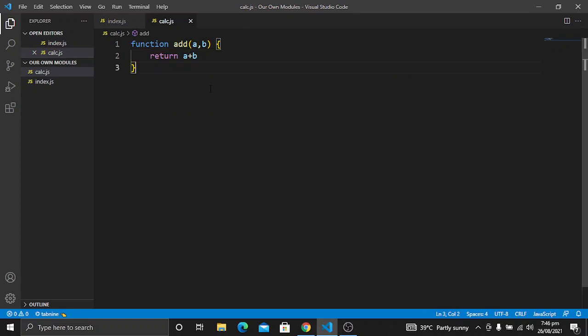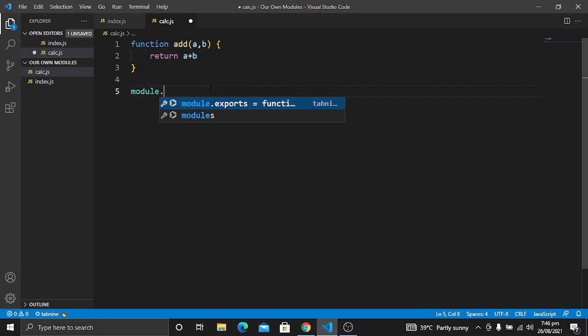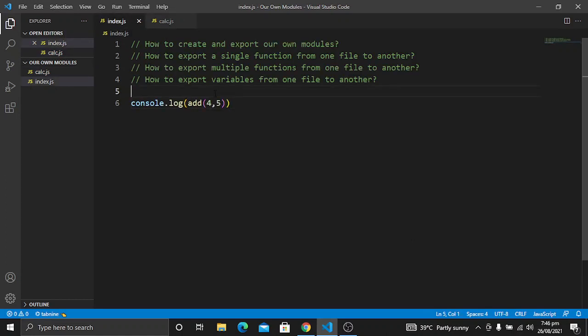So how can we export this function? So for this we will use module.exports, and then we will pass the name of the function that we want to export. So for example, the name of this function that we want to export is add, so we'll pass it here as add, and then what we'll do is we will import it from here.